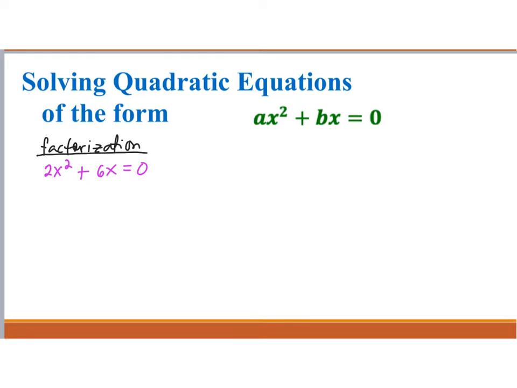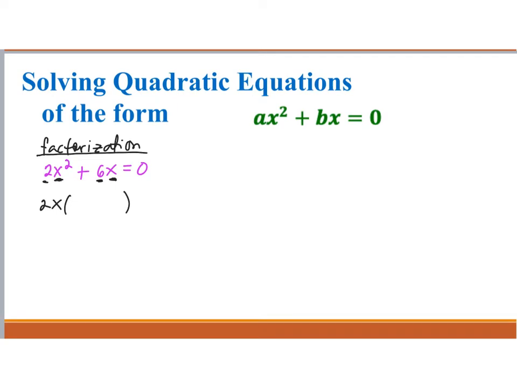So when we take out the common monomial factor, let's start with the coefficients, 2 and 6. The greatest common factor of 2 and 6 would be 2. And for the variable part, x squared and x. In the first term, you have 2 x's. In the second term, you have 1 x. So 1 x is common to both. If you remember this method from before,